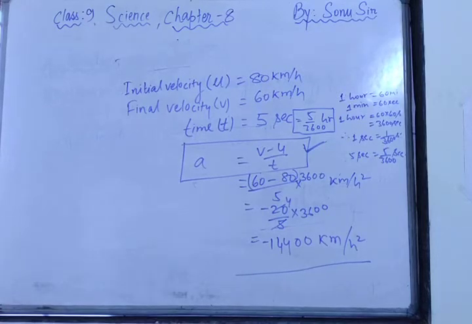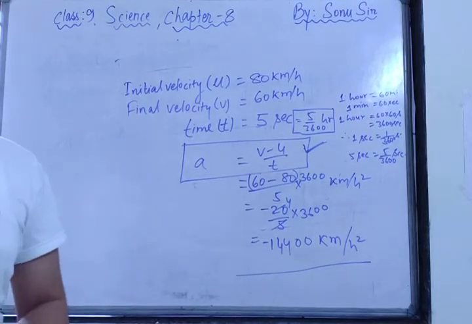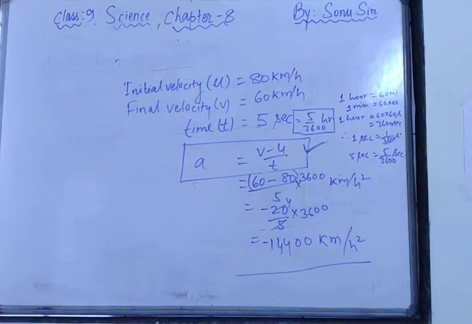There is one more question related to the acceleration only. The third question is, a train starting from a railway station and moving with a uniform acceleration attains a speed of 40 kilometer per hour in 10 minutes. Find its acceleration. See, in this question it's a little bit typical. The initial velocity is not given, the final velocity is given, rest everything is there. If you want to take a screenshot, then please take a screenshot. Otherwise, you can write this answer in your notebook also.